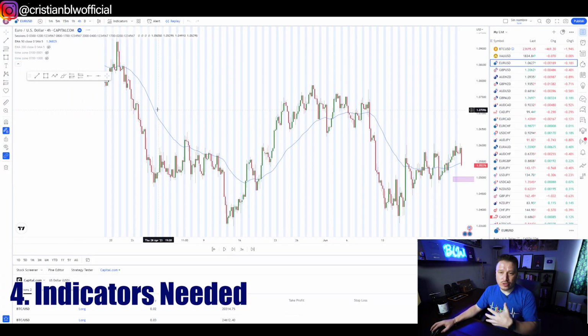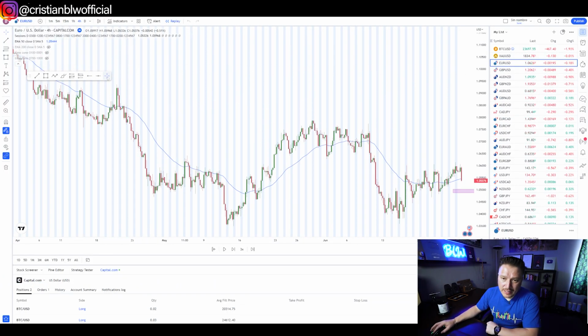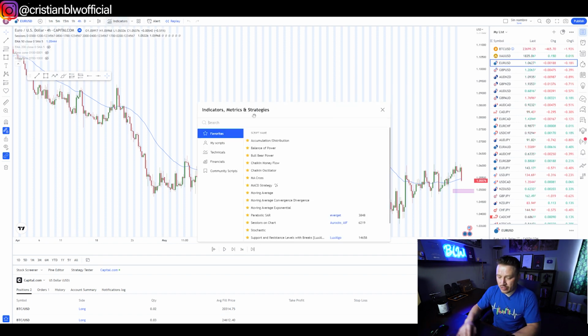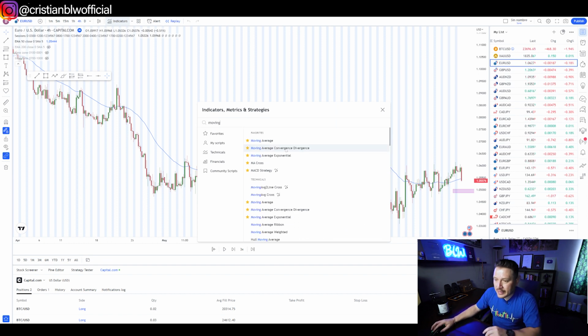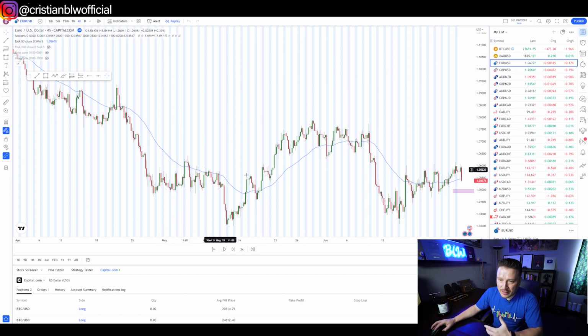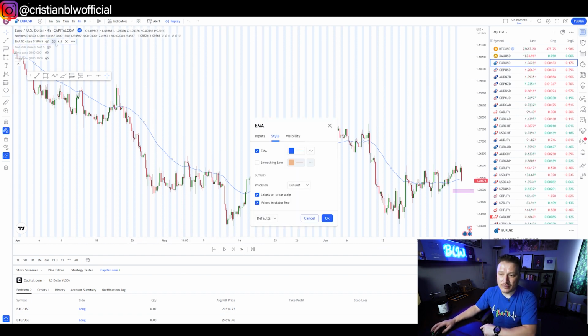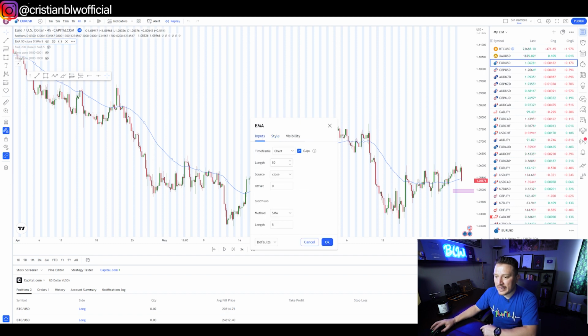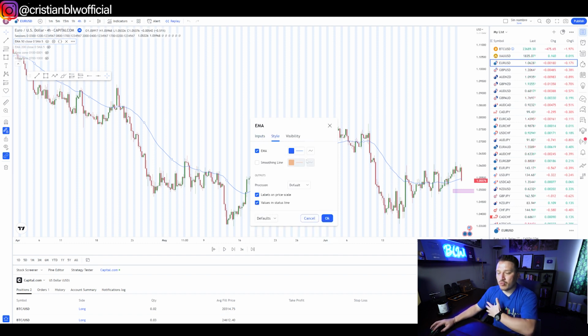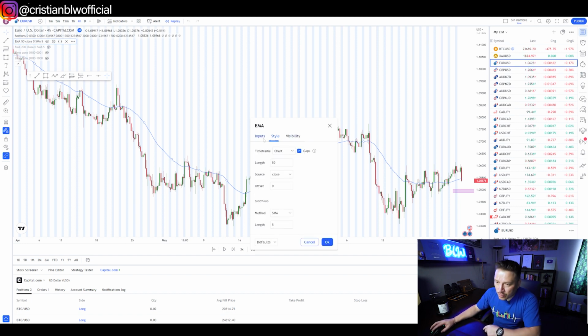One of the most important indicators that you're gonna find is going to be the 50 EMA. That's the one that I use. You need to go to indicators, type in moving average, and then you're gonna see moving average exponential. Once you add it, there's gonna be a line added in this area. All you need to do is go into this settings button right here, go to inputs and change it to 50. Then you can use whatever style you prefer. I leave it as blue. It's just an indication of it.